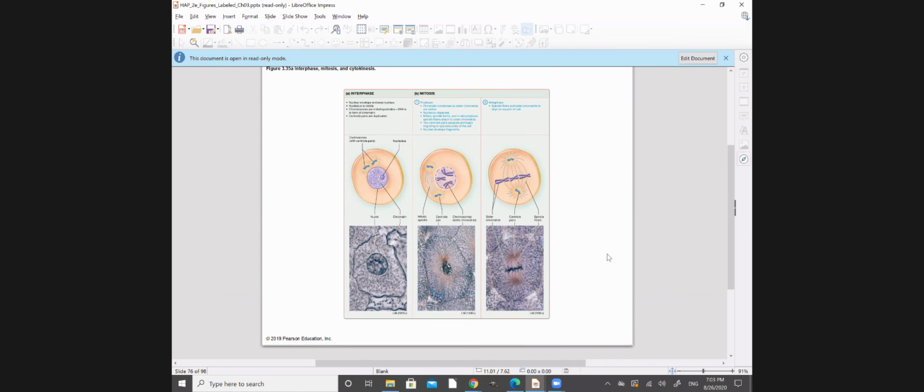I wish I could make it bigger for you, but the stages start with the prophase, when each individual chromosome has two sister chromatids, and it's like this bow tie representation, and the nucleolus itself starts to disintegrate because it's going to divide. We cannot contain this chromosomal material inside of the nucleus anymore. We're going to stretch it in one